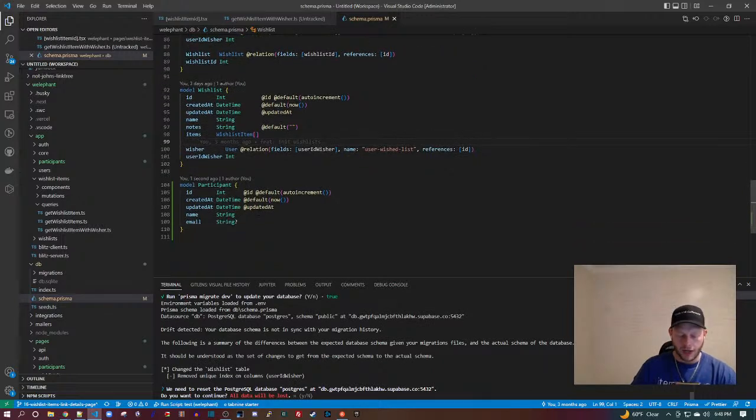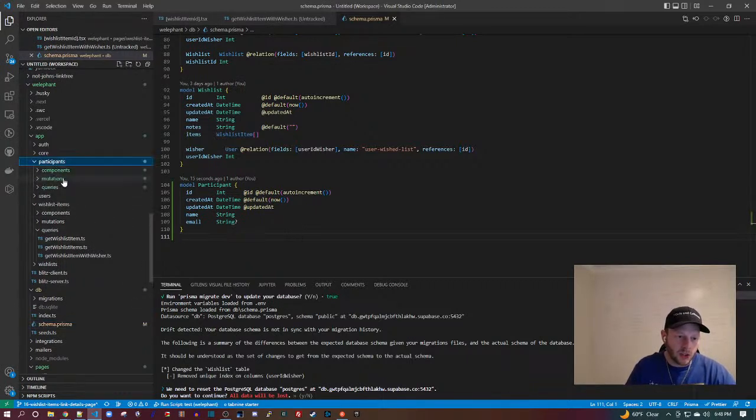Cool, and you can see at the bottom there, it generated this model, the participant model. It has the name of the string, like I mentioned. It also has some other fields: ID, created at, updated at. And then over here on the left, it created all of these components like a form to create, delete, update. It created all of this stuff for me. I'm gonna leave that alone for the moment.